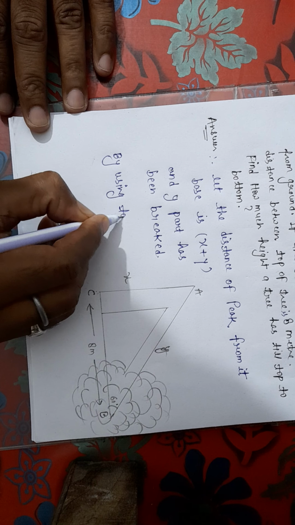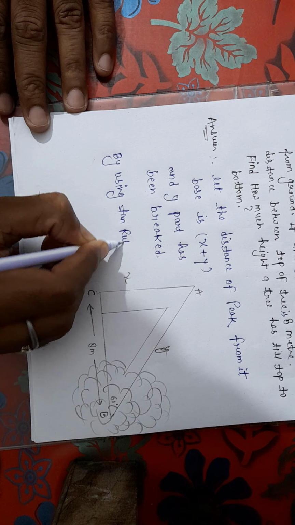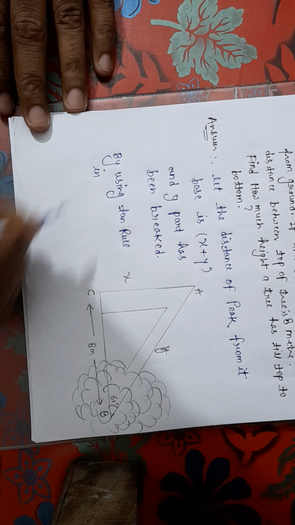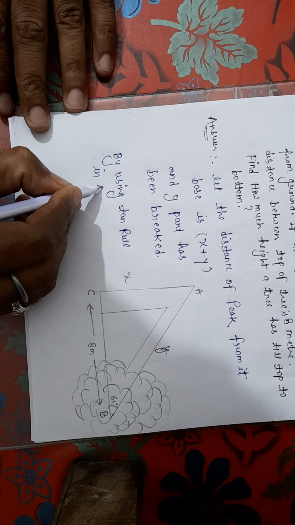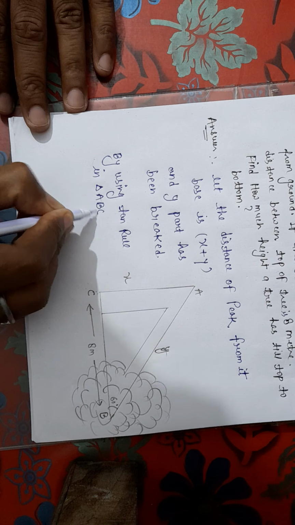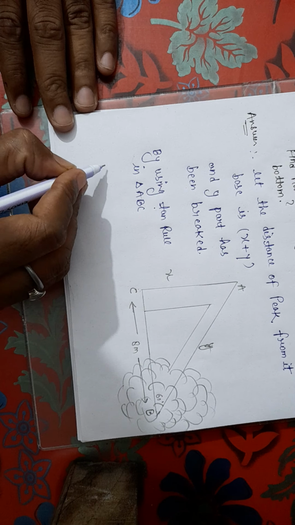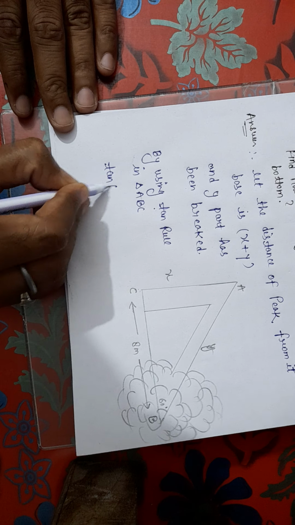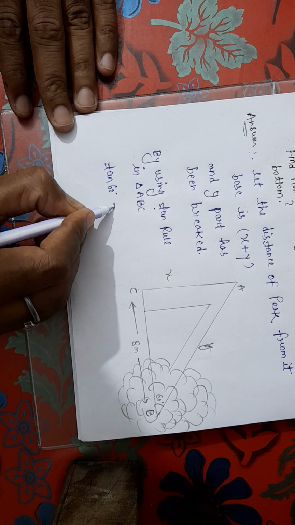Okay student, got it? By using which rule? The tan rule in triangle ABC. Look here, this angle, the angle of elevation, is 60 degrees. So we will write here tan 60 equal to